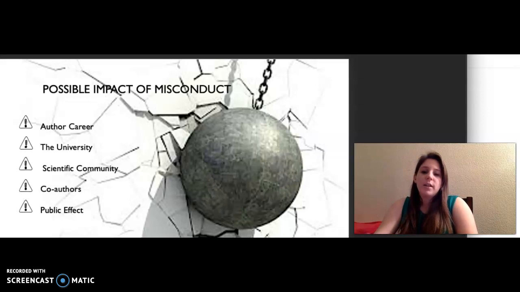And public effect: in the case of Lin Yibin's research, it could have affected the agricultural field, as mutagenesis is used to produce plant mutations such as rice in Vietnam, China, and the United States. This method, if not stopped, could have caused financial harm and/or loss in production of food. Regardless, research in general guides public action, knowledge, and trust, resulting in public consequences if false data is produced.